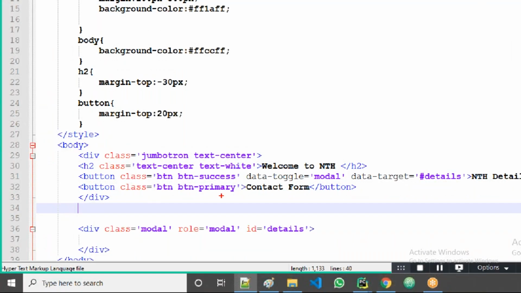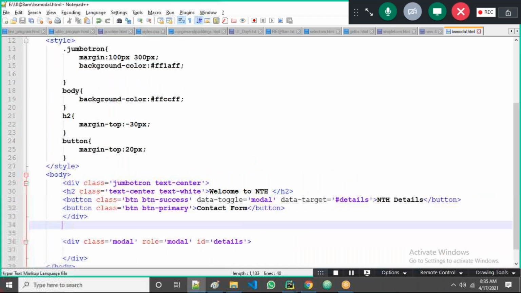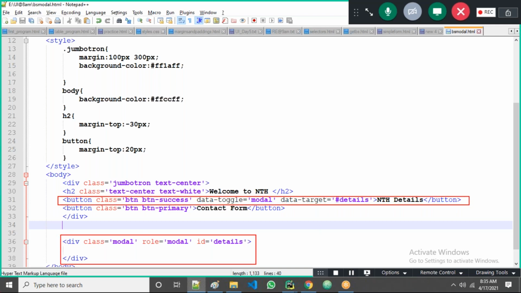So first, what is happening here? I'm trying to generate the link between this button and this modal, guys. To generate the link between these two, we should use extra attributes: data-toggle and data-target. Data-toggle equal to modal, and the same one I use here, role equal to modal.